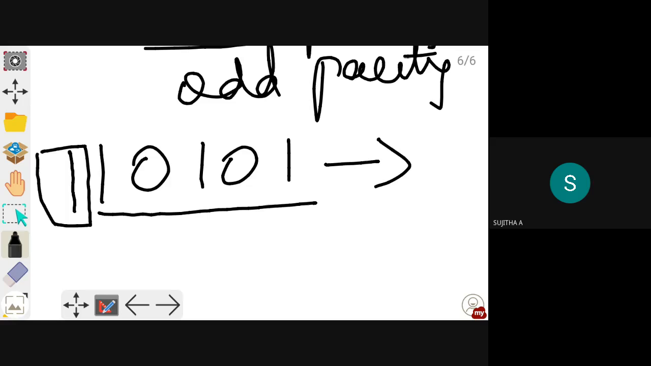So you have to add an extra bit to an original number and you have to transmit, and that extra bit can be a 0 or 1. So when will it be 1? If your original number has an odd number of 1s but you are maintaining even parity, you have to make that bit 1. So suppose if you have a number